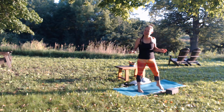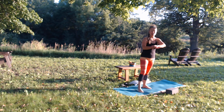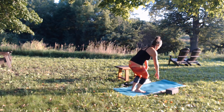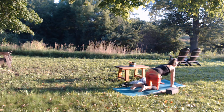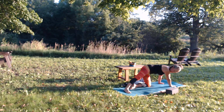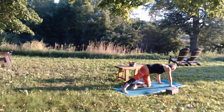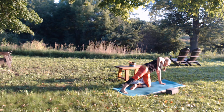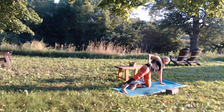Always roll out wrists. That can really help in between. In the long run, yoga is so good for strengthening our wrists, but we have to love them up along the way. All right, as you're ready, we'll take the other foot back. So my right foot this time. I'm going to squeeze the left butt cheek towards the right edge of the mat and bring my right hand to my right hip. I'm going to check that rib cage, make sure it's drawn back and in, shoulders stacked, head drawn back,